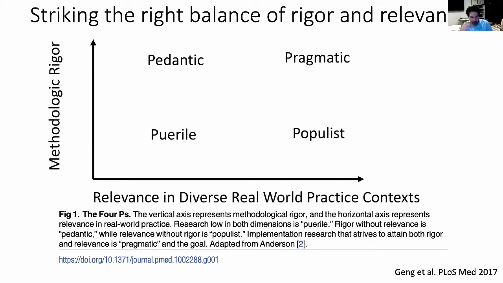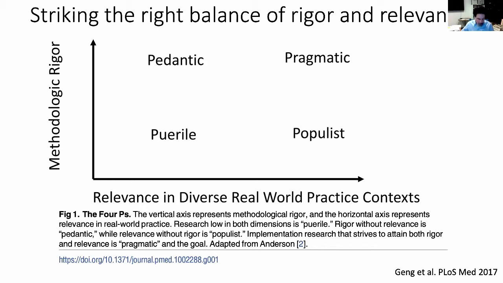Because implementation science tends to happen in real world settings, it becomes important to achieve, and challenging to achieve, both relevance and rigor. The real world settings provide real opportunities to do relevant work in populations that are exactly those that large scale implementation is trying to reach. But it's also challenging to make sure that the science and the methods are rigorous enough in order to make the work useful. So this is a schematic that comes from an editorial that Elvin Gang and colleagues